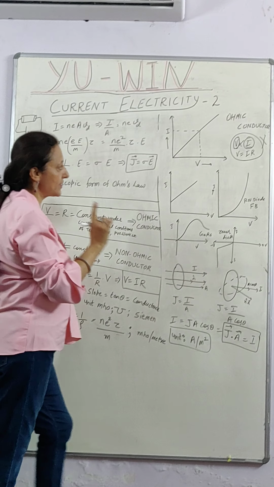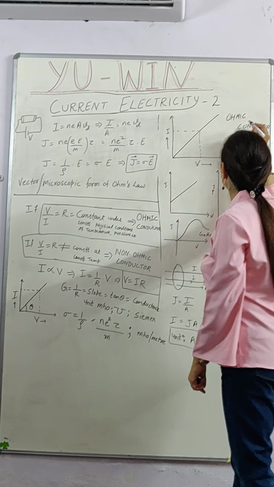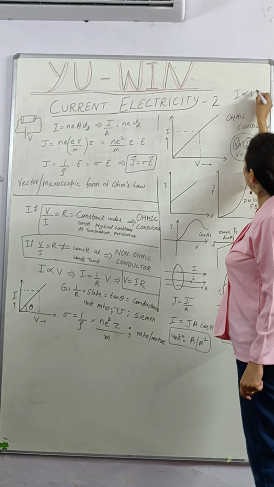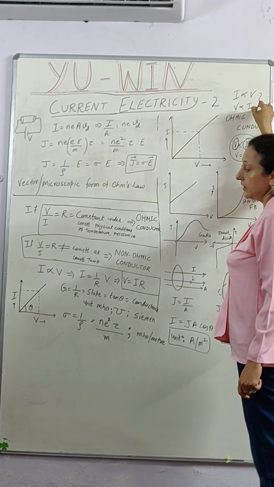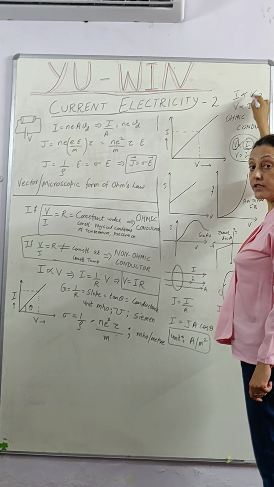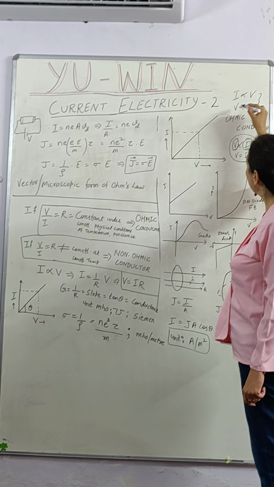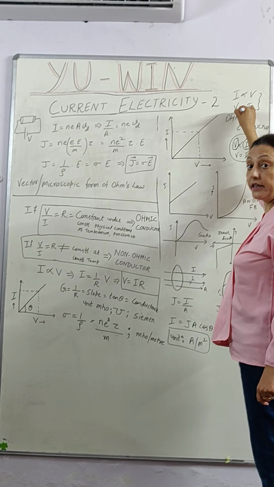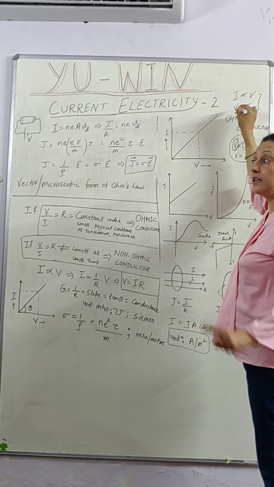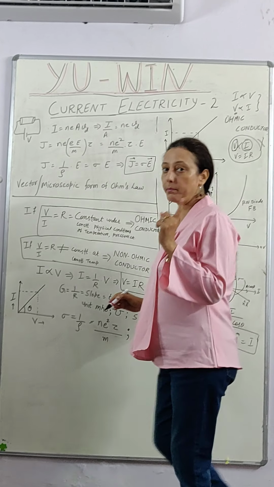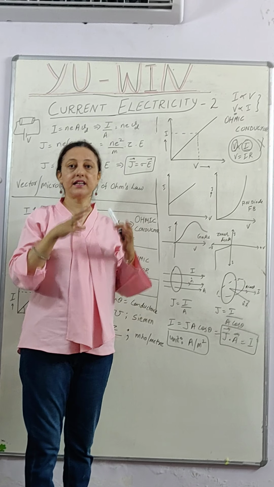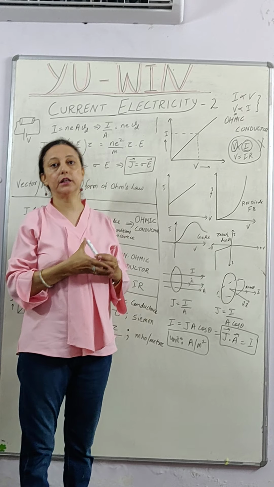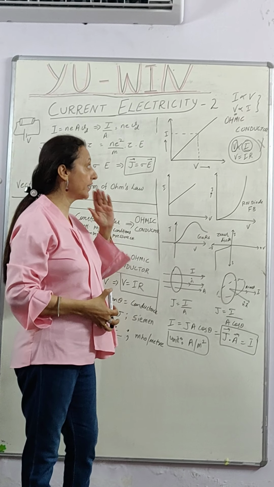So it is represented in the books like this: I is proportional to V. This means V is proportional to I. And this is totally wrong, because the proportionality constant will be inverse. And moreover, V is not a dependent variable. V is an independent variable. It is a battery that we have applied. बैटरी हम लगाते हैं, करंट कंडक्टर में डेवलप होता है डिपेंडिंग अपॉन द रेजिस्टेंस ऑफ द कंडक्टर.